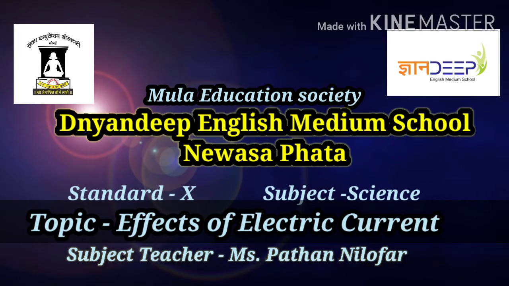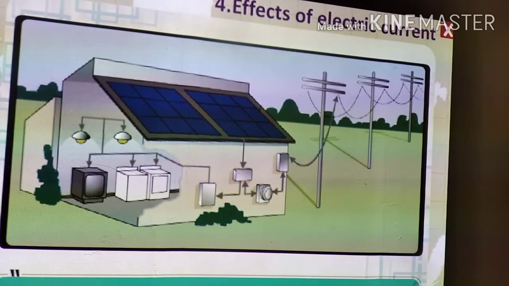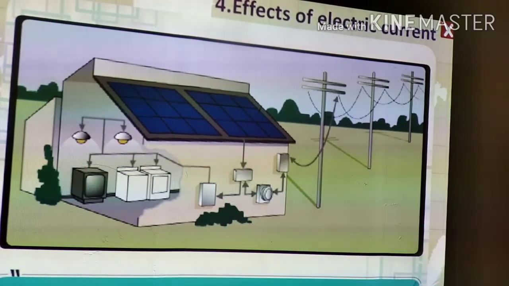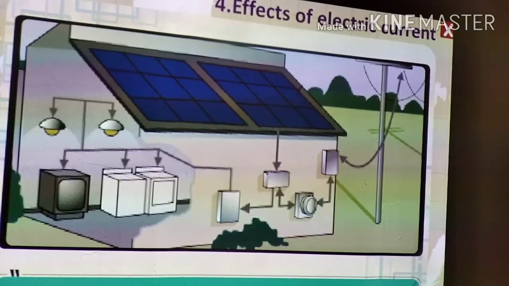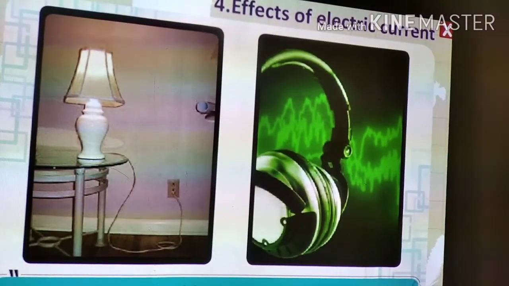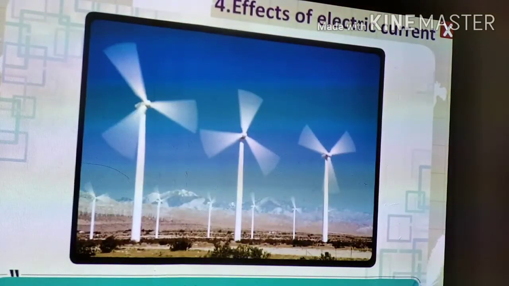So today's video is for class 10th, subject science part 1, topic based on chapter number 4, electric current. Welcome to the chapter electric current. Let us know the transfer of energy in a conductor. We can use many devices due to electricity only. Due to the current of electricity, we can produce light energy, sound energy, wind energy and heat energy.